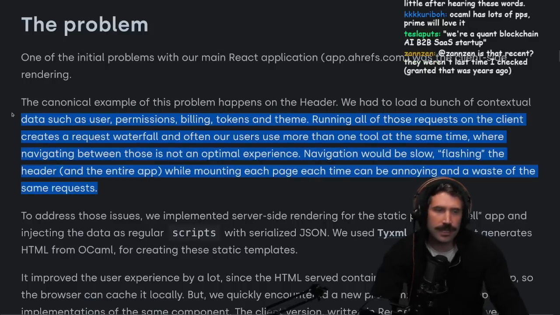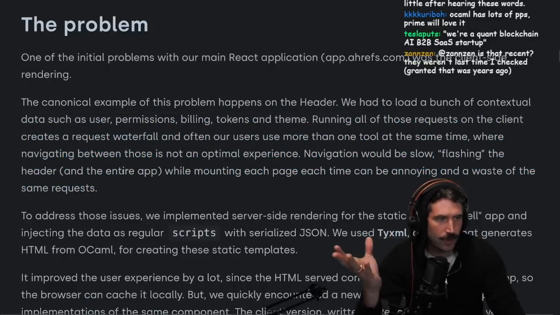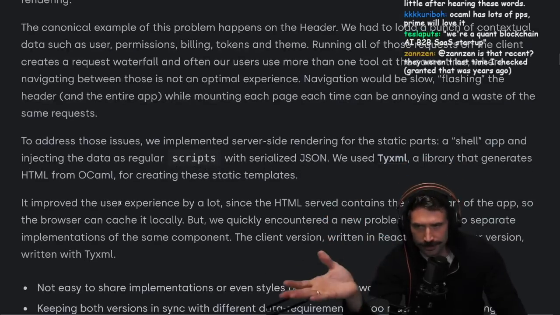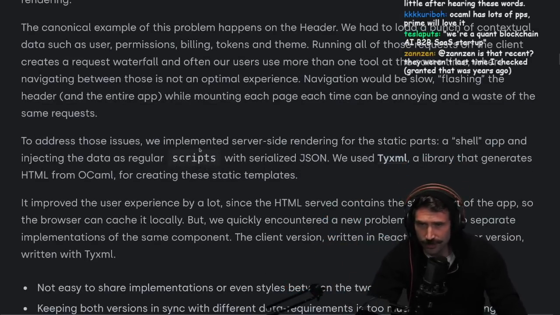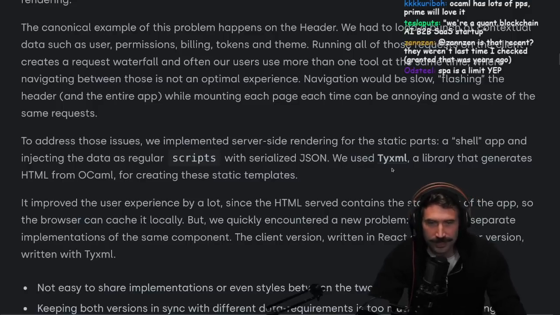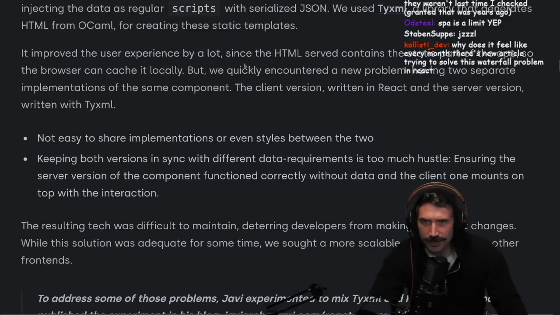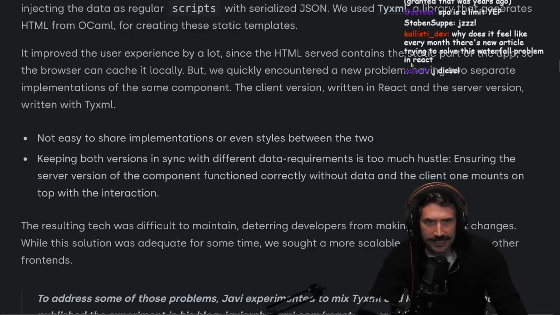So you guys see the idea here. We got some request problems. We got some waterfalls. They're gonna try to solve this, I assume, with server-side rendering, right? To address those issues, we implemented server-side rendering for our static parts, a shell app, and injected the data as regular scripts with serialized JSON. We used Tyxml, a library that generates HTML from Ocaml, for creating these static templates. To improve the user experience by a lot, since the HTML served contains the static part of the app,